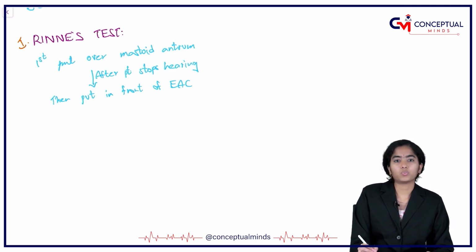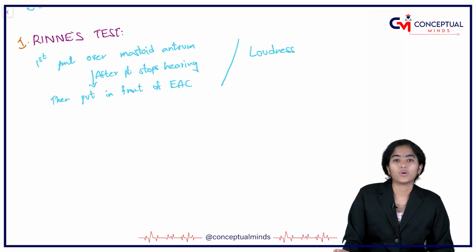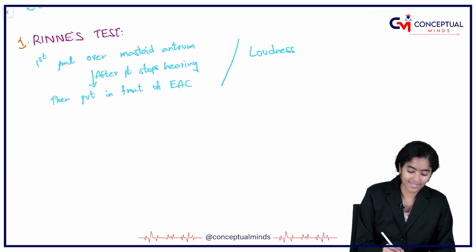And ask the patient which is better, or we can just compare the loudness, which is longer or which is louder and better. In case the inference of this test says